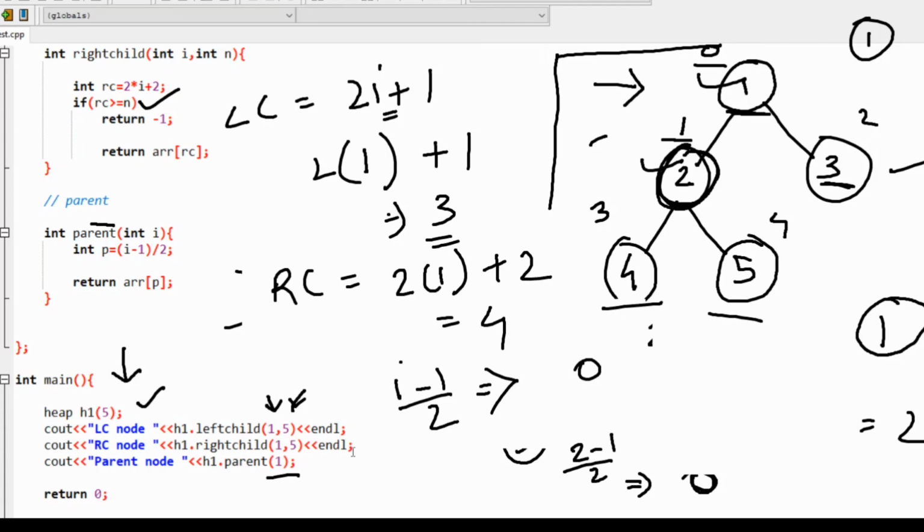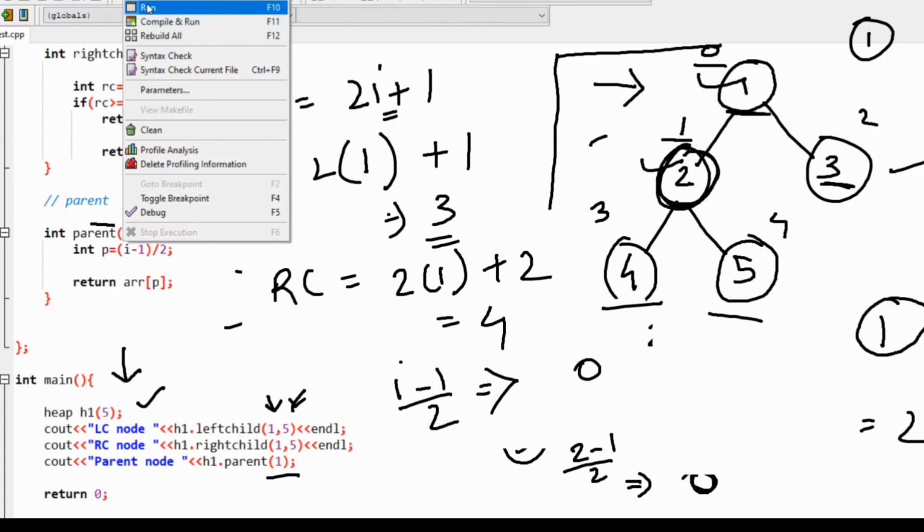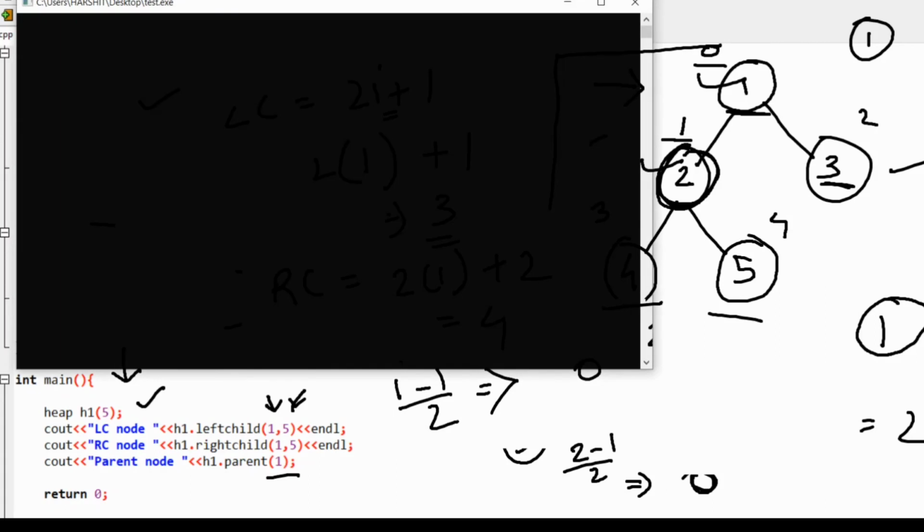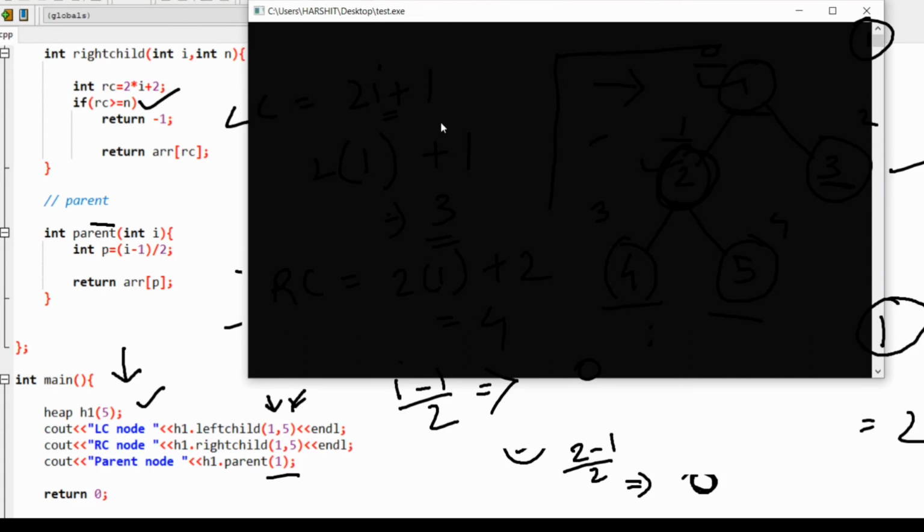So if I execute this, now we need to take heap as an input. Suppose I am taking min heap. So after taking min heap, as per the given parameters, I need to find the left child of the node at index 1.